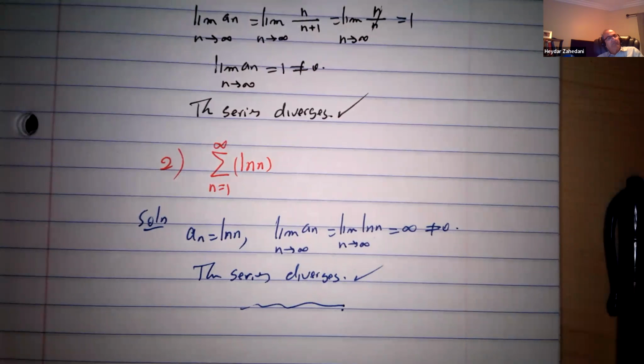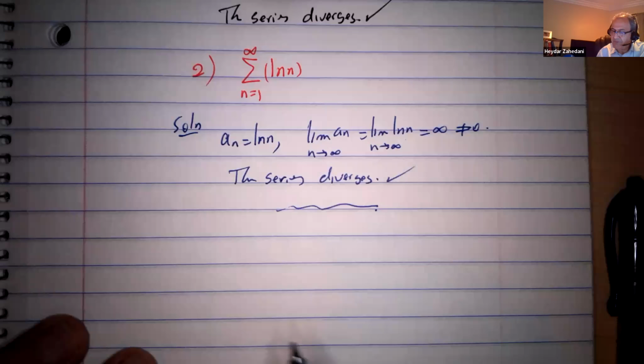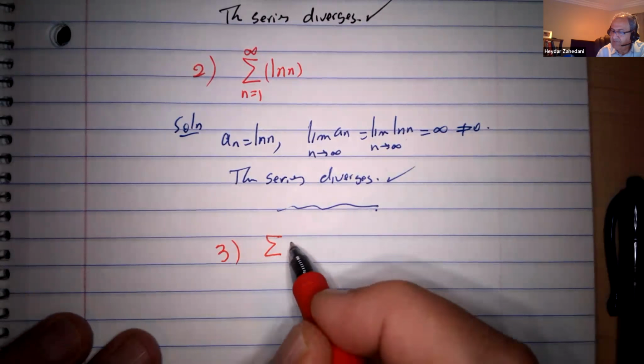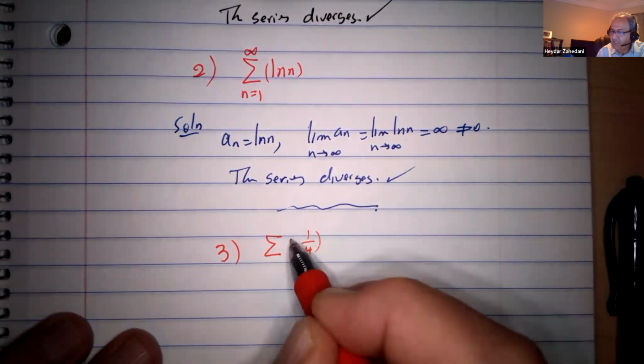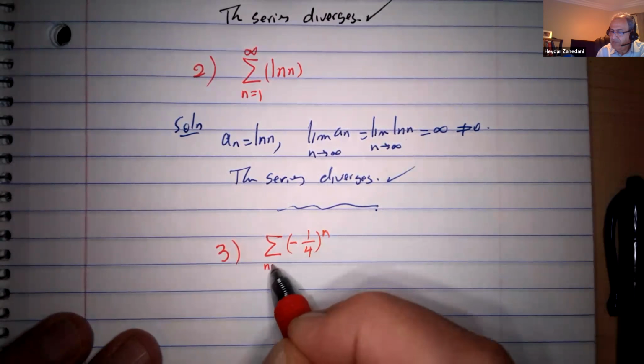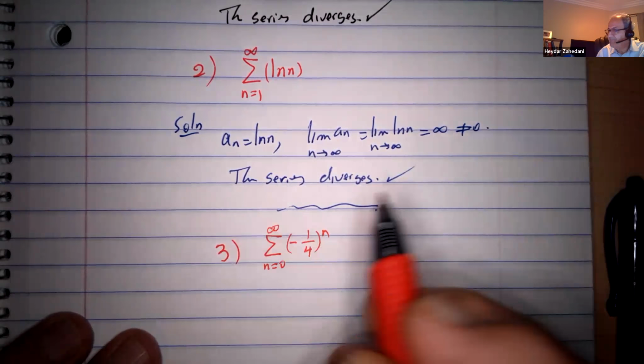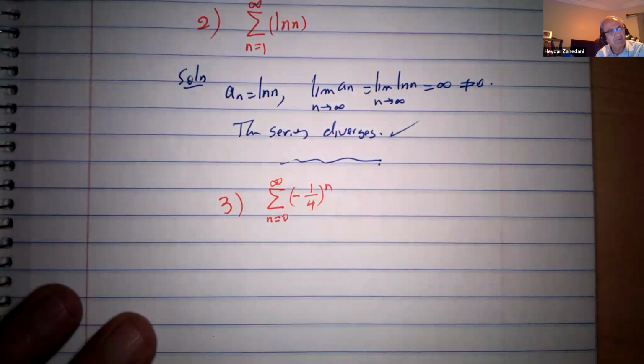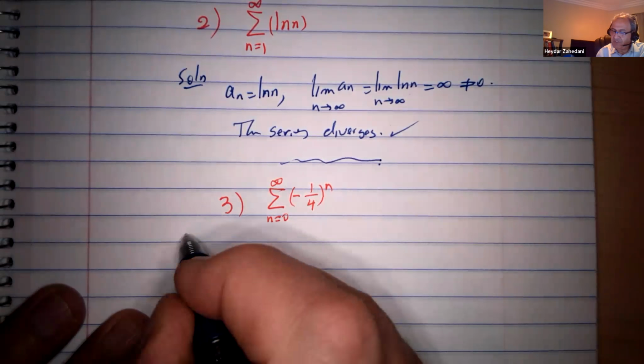As I told you, it's going to be used only when the series is going to be divergent. I give you another one so that you can compare. If I give you sigma of negative one quarter to the n, n from 0 to infinity, you see this series is geometric. I just want to remind you what we did tonight. So the solution for this one is